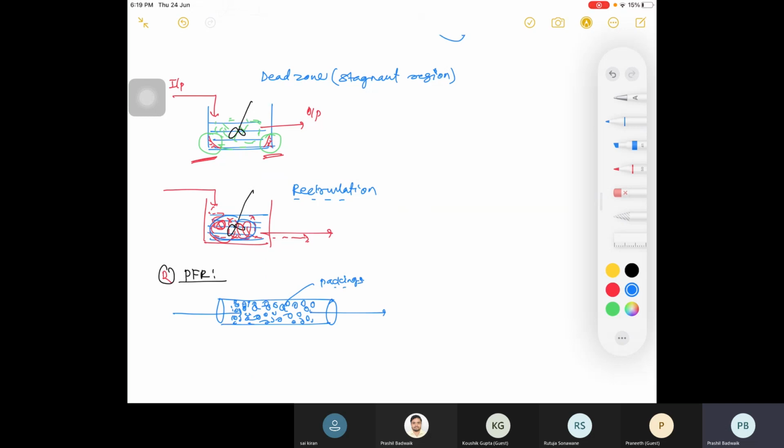पढ़ा होगा, packed bed पढ़ा है क्या fluid में? Yes, sir. Some packings they are providing, so that packing से क्या होगा? Catalyst. Yeah, it may be catalyst. Or this will increase your residence time, and most importantly, they will provide surface area for reactants to come and stay there, right? Surface area increases.